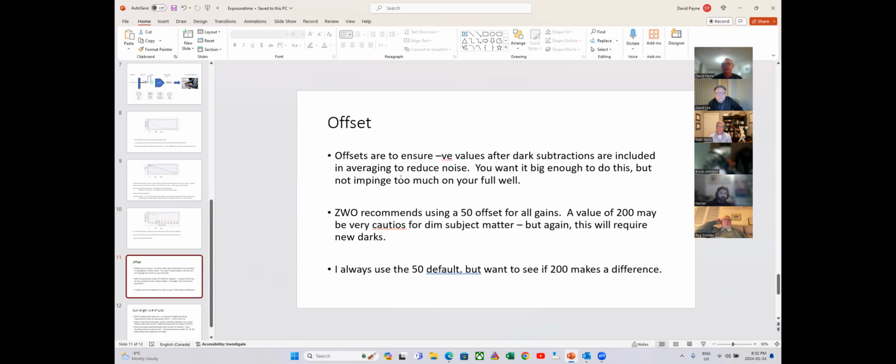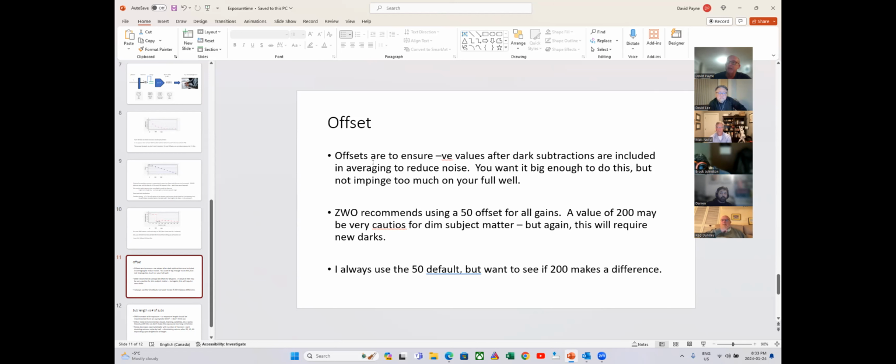Well, this will normally be cut off and set to 0 because under the ADUs, there are no negative numbers that can be read. So to capture this negative sort of noise, what we do is we add an arbitrary offset. Now, there are ways to calculate what offset you should really be using, because if you want to avoid negative numbers, you can